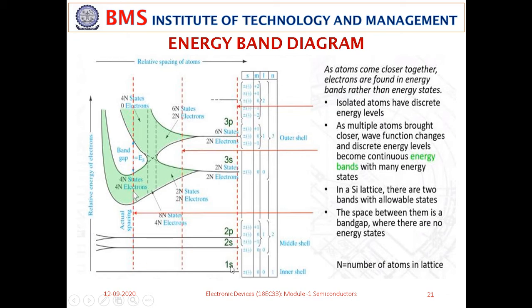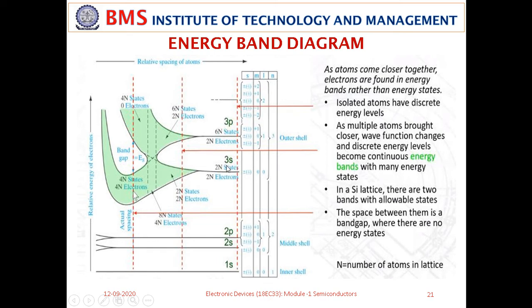So 1s and 2p: 1s has got 2 electrons, and 2s and 2p: 2s has got again 2 electrons, with reference to silicon. 2p has got 6 electrons with reference to silicon again. So these are very tightly attached to the nucleus of silicon. But as you move above, you can see these are 3s and 3p orbitals. These orbitals are loosely bound to the nucleus. So that means the entire property of silicon can be changed by just varying these 3s and 3p orbitals.